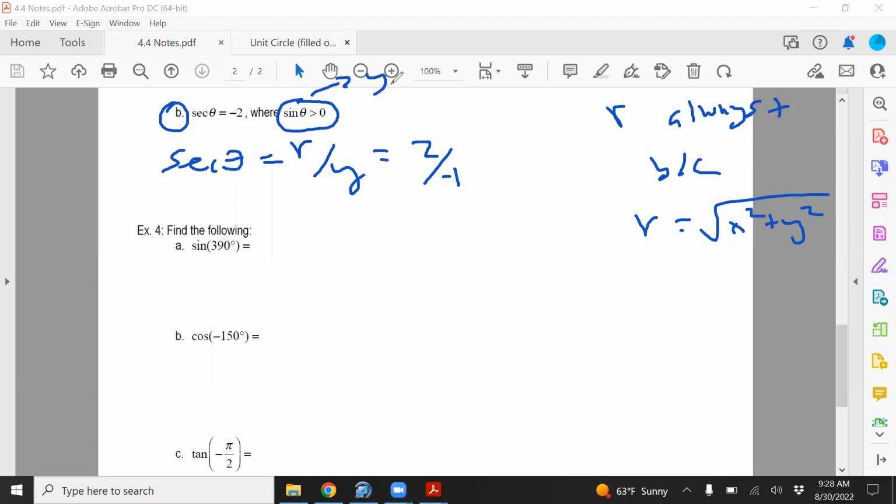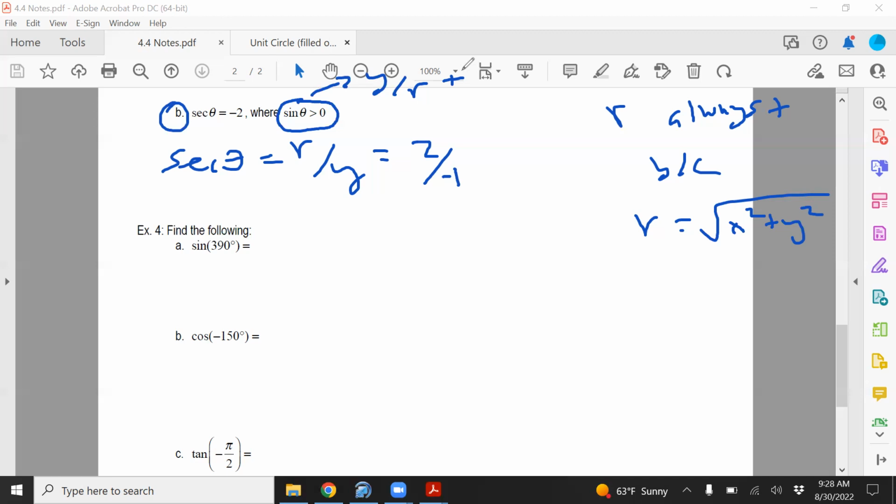Sine theta is y over r, and that's positive. Use the pieces of the puzzle now. Sine is y over r, and that's greater than 0, so that's positive. That means that both y and r are positive. So r is always positive because it's a positive square root. So if y is positive,